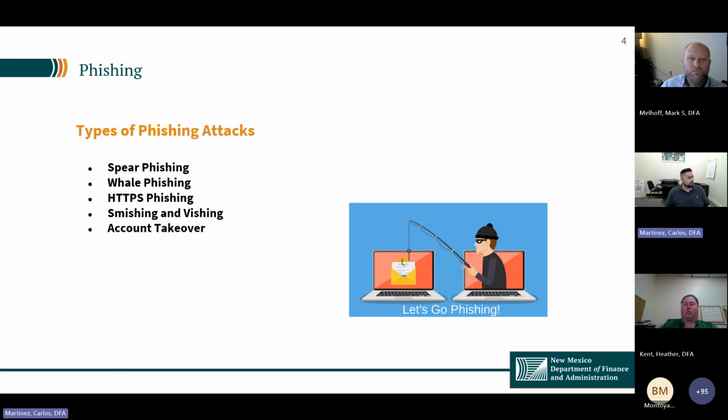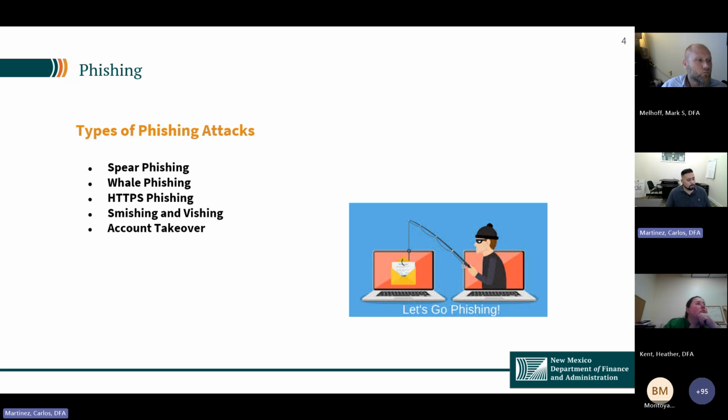And then there's some that you would typically see either from your work cell phones or even from your personal cell phones, and that's smishing and vishing. Smishing is when you get a text message that says your account's been locked out, or you have a package being delivered and we need you to verify it, those types of things that have a link within a text message.